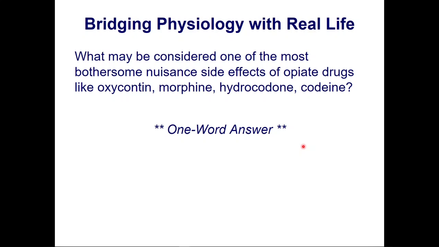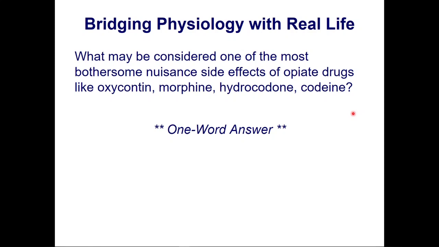And I wanted to connect that whole concept to something that we really see. And again, I alluded to this earlier. What may be considered one of the most bothersome or nuisance side effects of opiate drugs, technically I guess it's opioid drugs, whereas opiates are natural, opioids are synthetic. Okay, but what would be one of the most nuisance side effects from OxyContin, morphine, hydrocodone, codeine, or even heroin? And the answer, if you know anyone who's taken these, you might know, but it's constipation. And that's